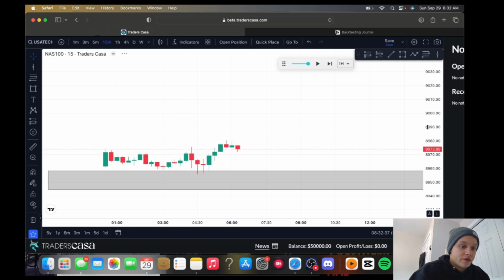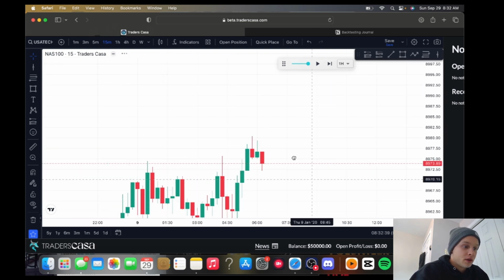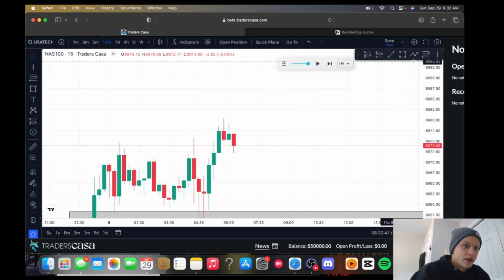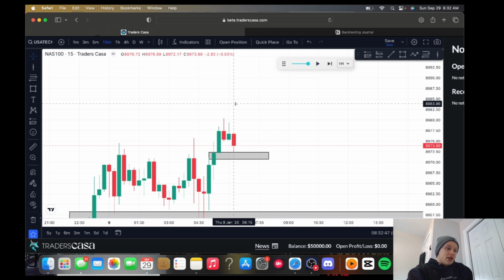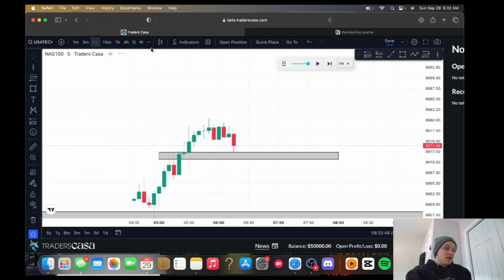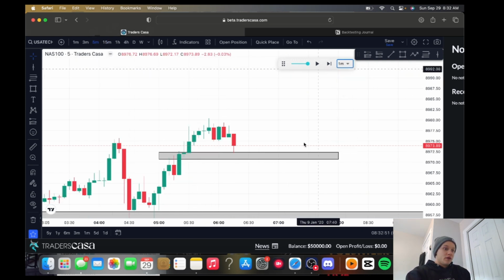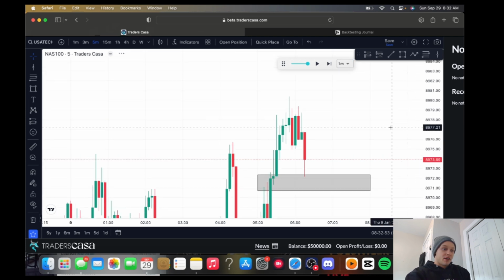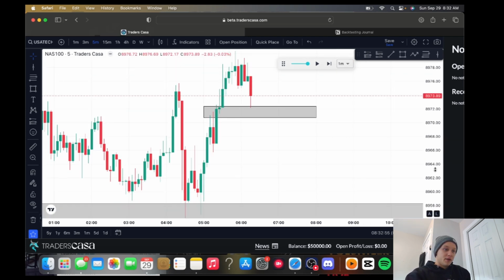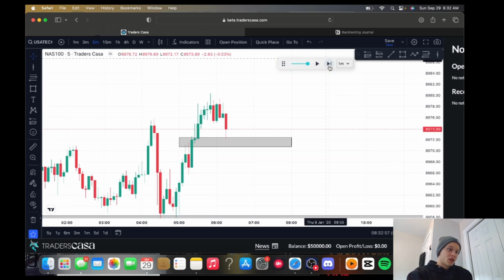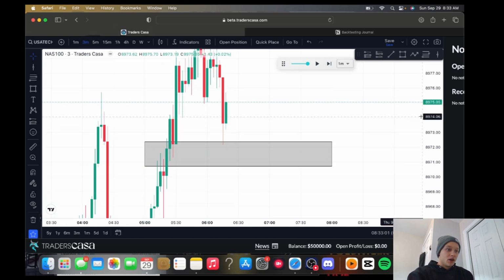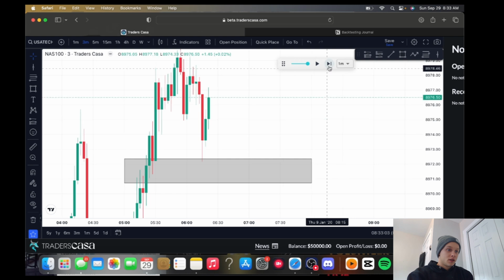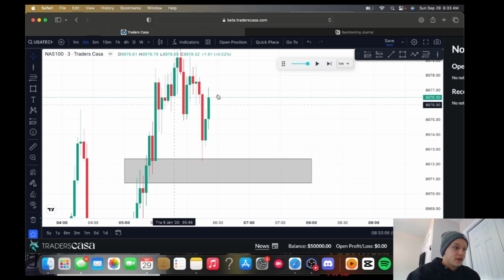Jumping down to the 15-minute time frame, there is this 15-minute fair value gap here. Ideally, I'd be looking for a trade right now, honestly. And the trade that I'm looking for would just be respecting a fair value gap and pushing higher. Because we are, let's see if this works.